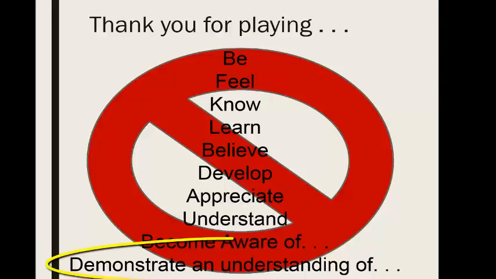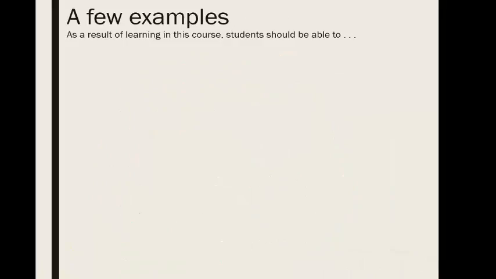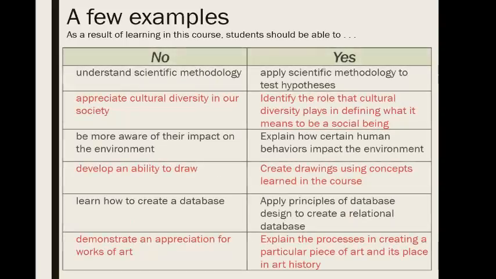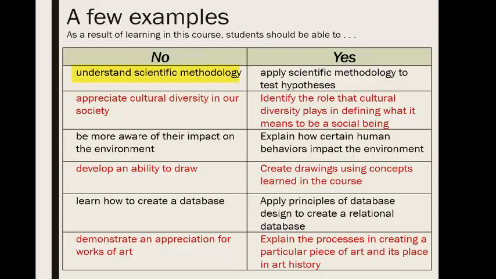And "demonstrate an understanding of..." is just plain cheating. Define how students demonstrate that understanding by using an active verb and an observable behavior. And to emphasize, here we have a few examples of well-written and not so well-written learning objectives. Look at the first one. "Understand scientific methodology." Well, that isn't a learning objective because we can't measure understanding without a behavior, an observable behavior